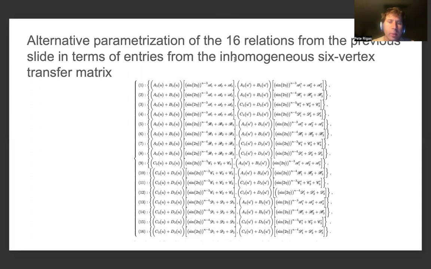And one of the parts of the argument for the quantum inverse scattering type of method and approaches that we have to consider is that we have to introduce an alternative parameterization in whatever L operator we're interested in of the 16 relations from the previous slide, which are given in terms of entries of the inhomogeneous 6-vertex transfer matrix. So this is given by the fact that we want to parallel the dimensionality and the overall number of relations that's obtained for the Poisson bracket in the previous presentation from Faddeev and Takhtajan,